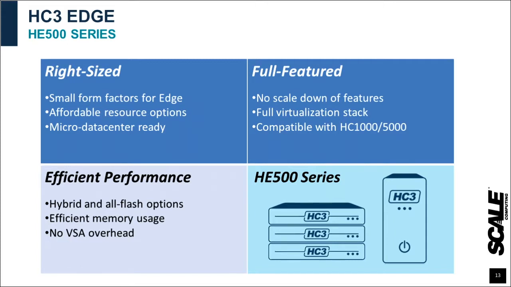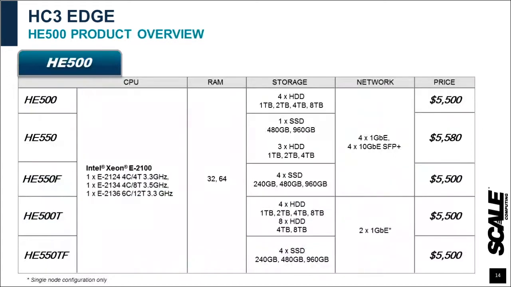Now let's look into the actual resources that we have with these. These are the different products within the family. There's the HE500, the 550, the 550F, the 500T, and the 550TF. Now anything that ends in a T, you might have guessed from the previous slide, is a tower node. So those two at the bottom, the HE500T and the 550TF, are going to be our tower nodes,